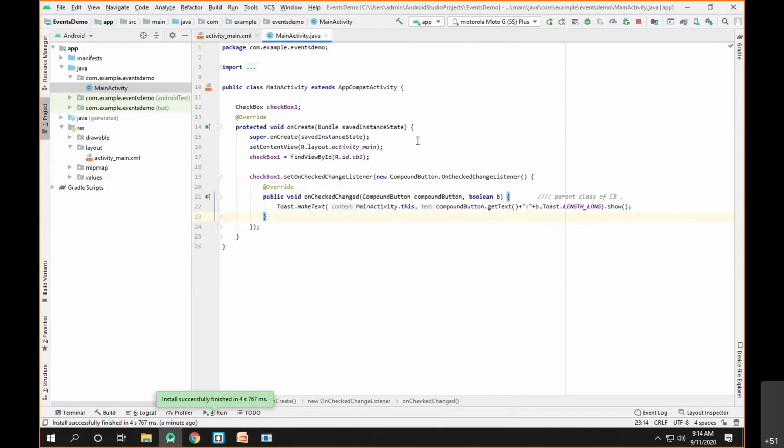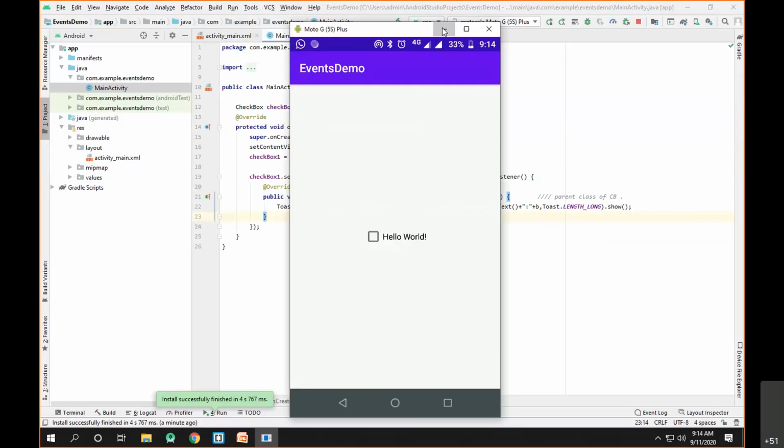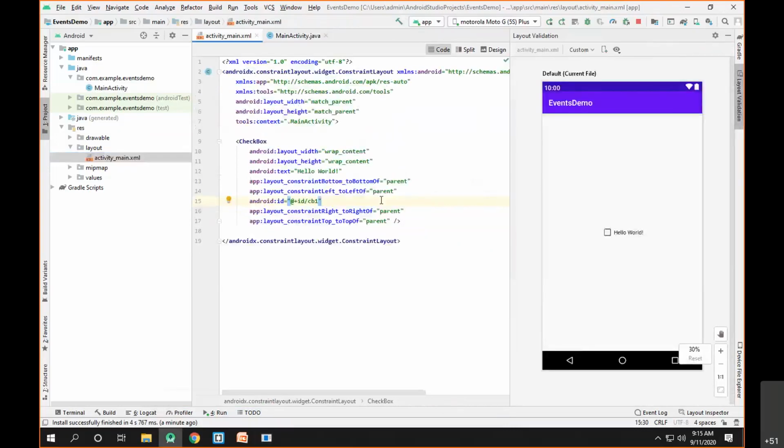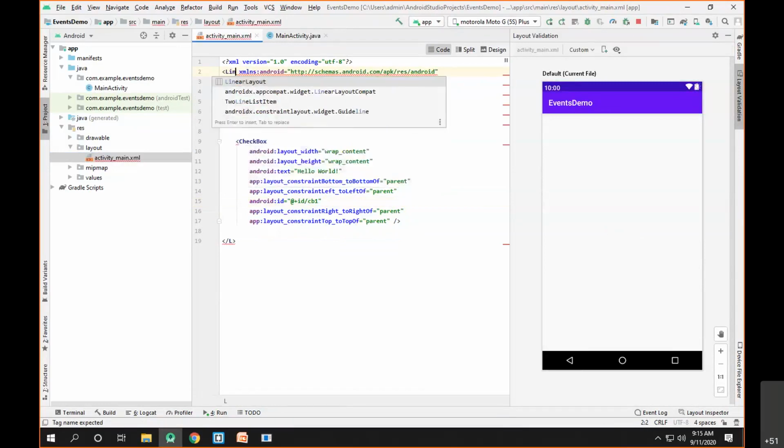Okay, so let's try to understand how to have multiple checkboxes in such a way that we can take the information from the user in a feasible way. So first, try to have the multiple checkboxes in our layout file. So let me change the layout first of all. Change the layout from the constraint layout to the linear layout,